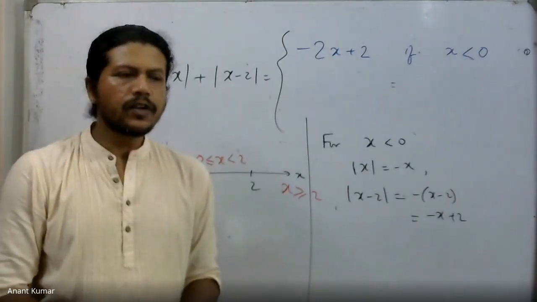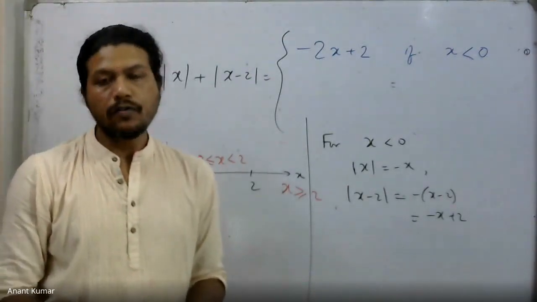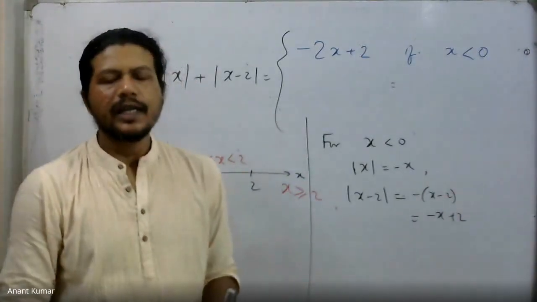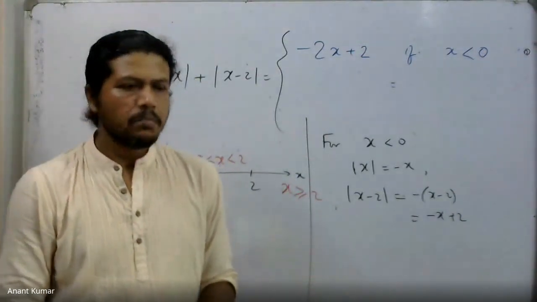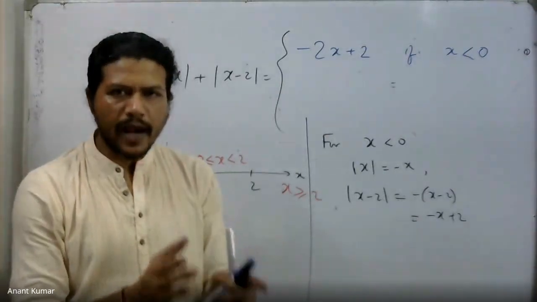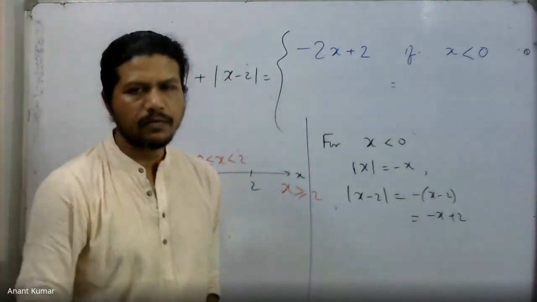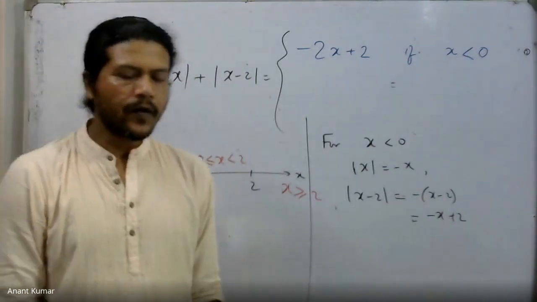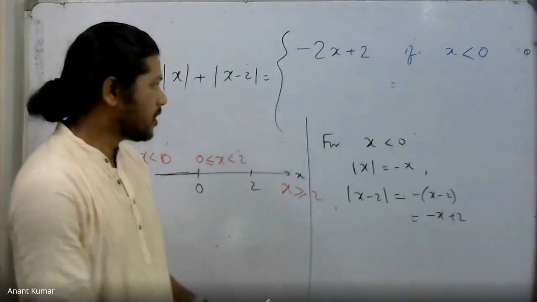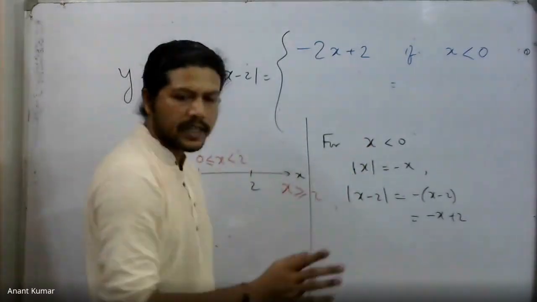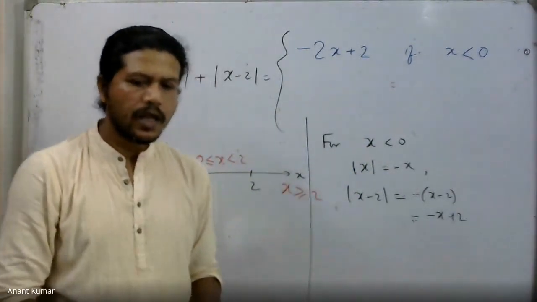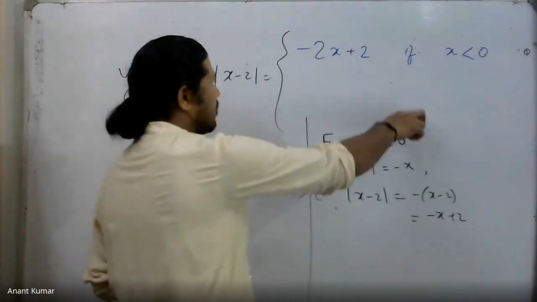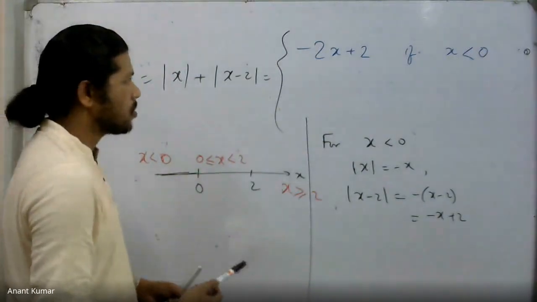I consider, for example, minus of mod of minus 1.5. Mod of minus 1.5 is going to be what? By definition, mod of minus 1.5 becomes minus of minus 1.5. That is going to be 1.5, which is positive, isn't it? So that is what we have. You do not think that this x is positive. It's actually a negative number in this case, and accordingly minus x becomes positive. Fine. So in this case, we have minus 2x plus 2 if x is negative.